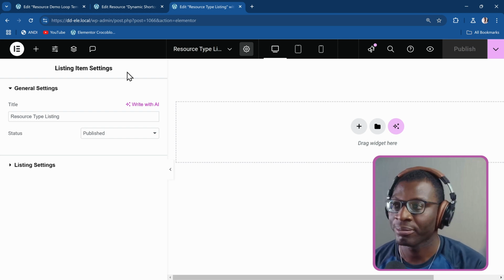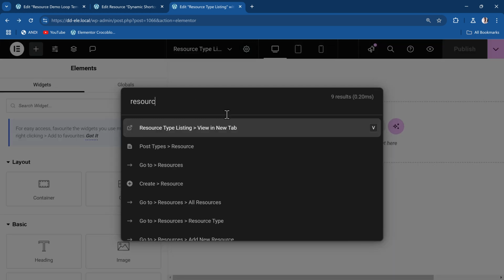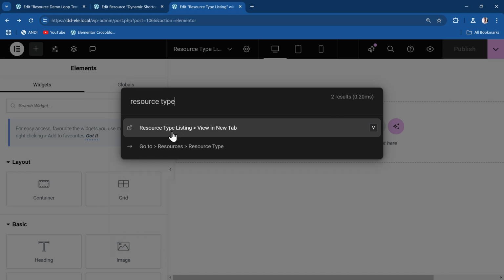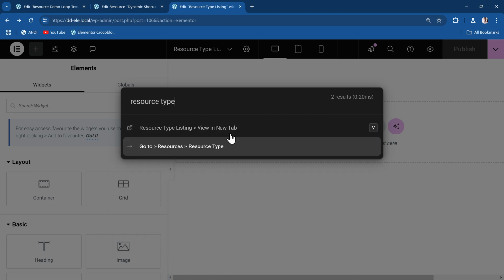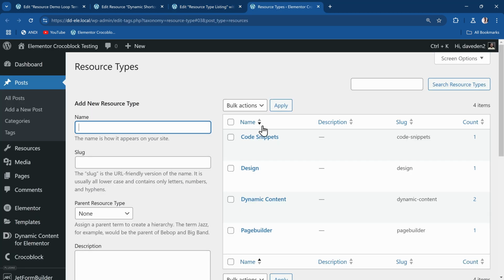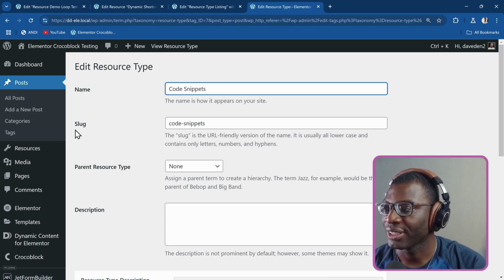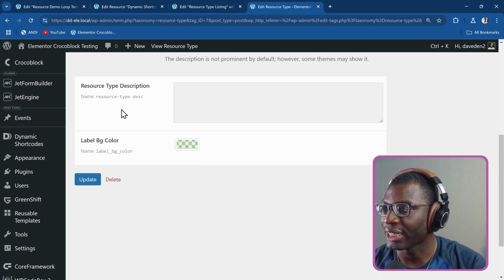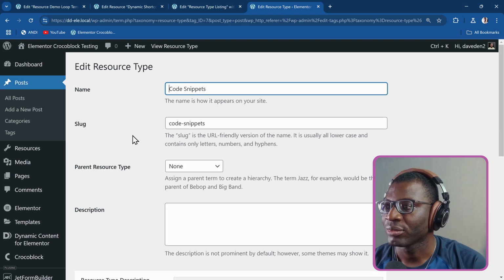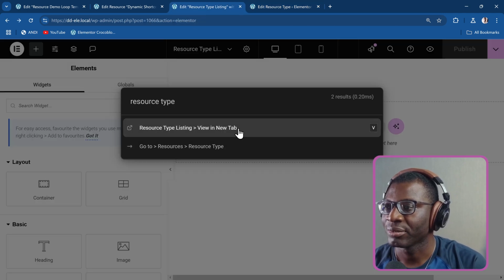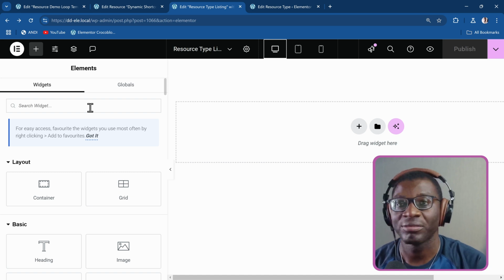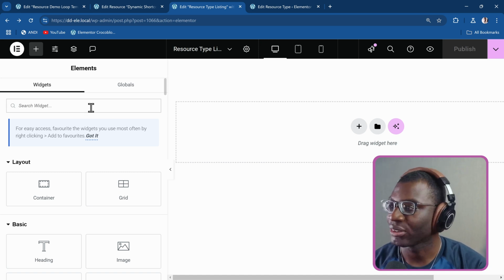have to work with. So I'll come to my resource types. That is resources, resource type. Control Enter to open a new tab, then Control Tab to get to that tab. Let me go ahead and check out maybe code snippets. So what we have is a name, a slug, and we have the background color. Okay. So let me go back to my listing and we just drop in maybe a heading widget or any